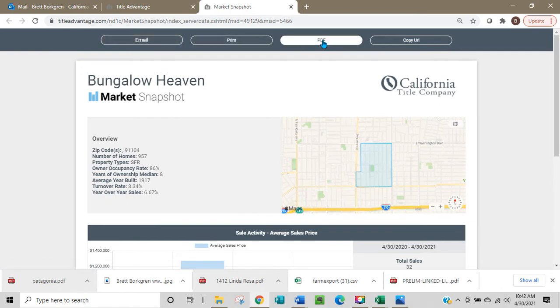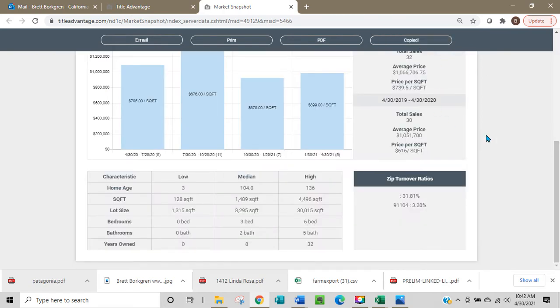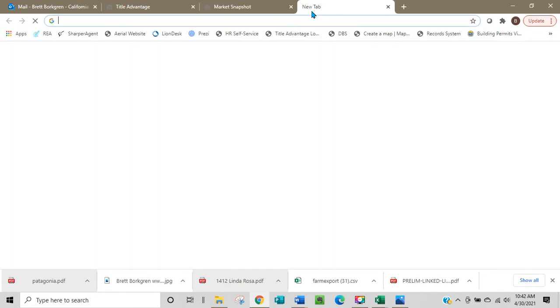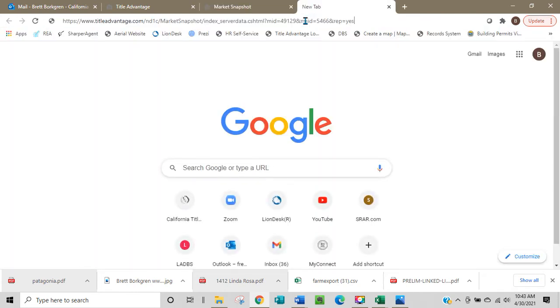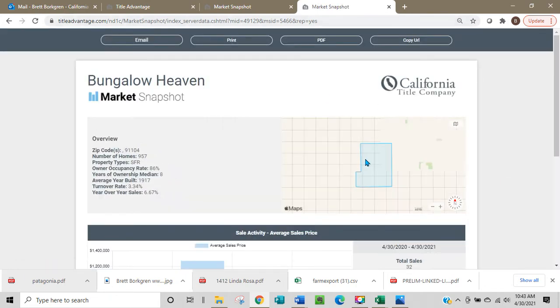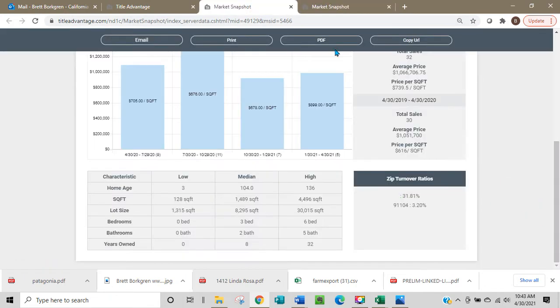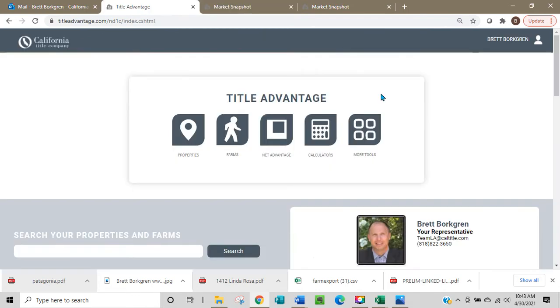You could create a PDF of it, so you could post it elsewhere if you wanted to. And you can also copy a URL and put it to your social media platforms, or even put it onto your websites if you want. So I can go copy URL, and that's already in my cut and paste right now. And I can just go here, Control V, and there it goes. And you see, I just used that URL, and there's your snapshot. So that's how you do it with